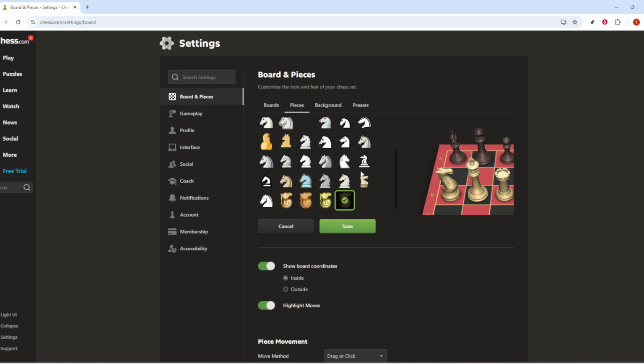That's all there is to it. Open settings, go to board and pieces, choose your piece's style, and pick Real 3D or another 3D option. Then click and drag to rotate until it feels just right. Enjoy the added depth and have fun making your next move on a board that